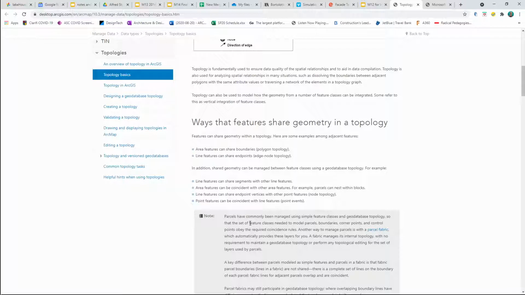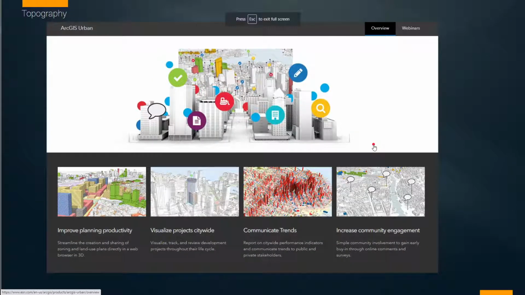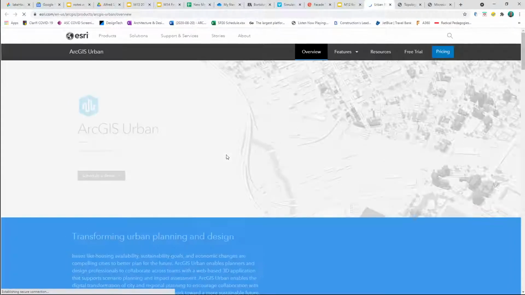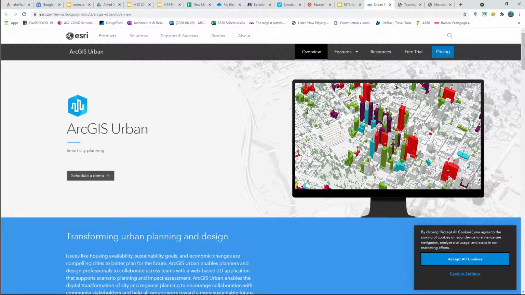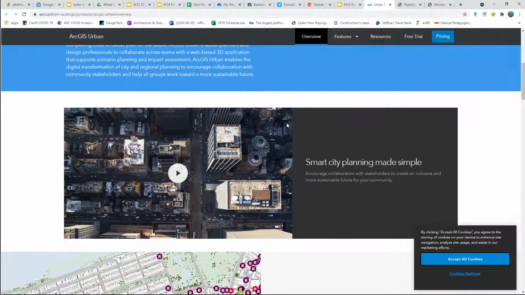So there's a rich amount of information available to you, and it's kind of out of the scope of what this part of our project is. But I can't touch on topography without introducing these other kinds of reference materials. And so this is another hyperlinked source, ArcGIS Urban, and this will take you out to city level or urban environment mapping systems. Some of these resources have free trials to them, so you can import rich